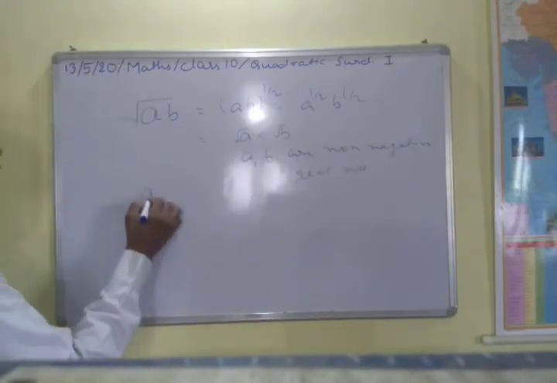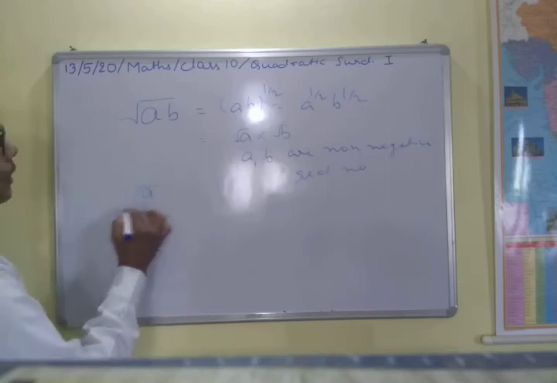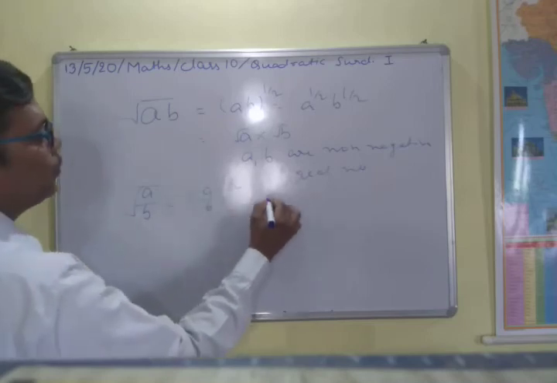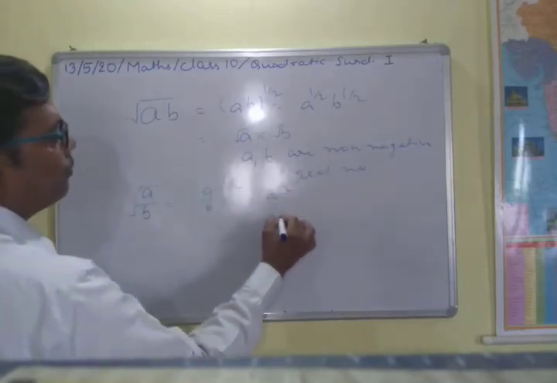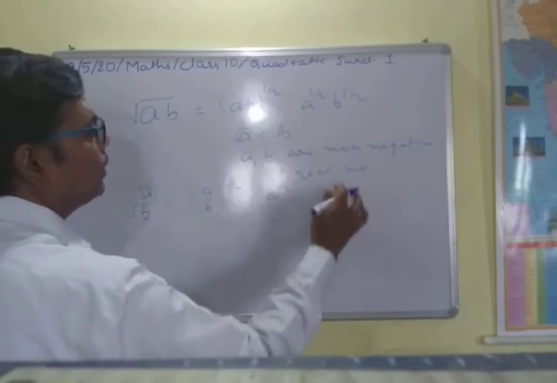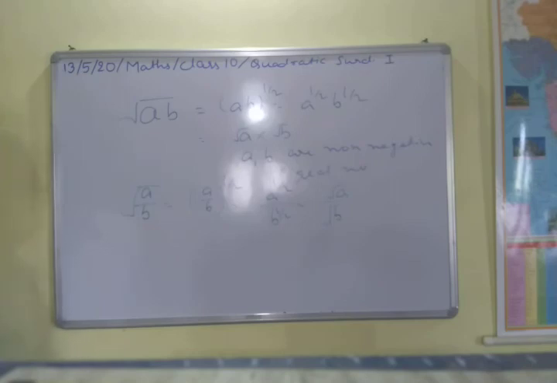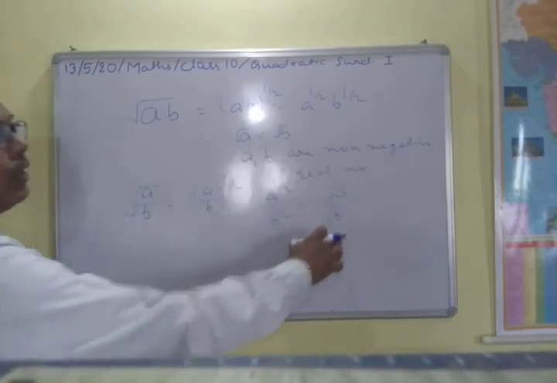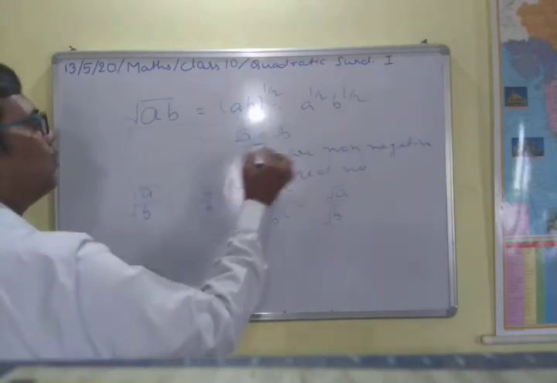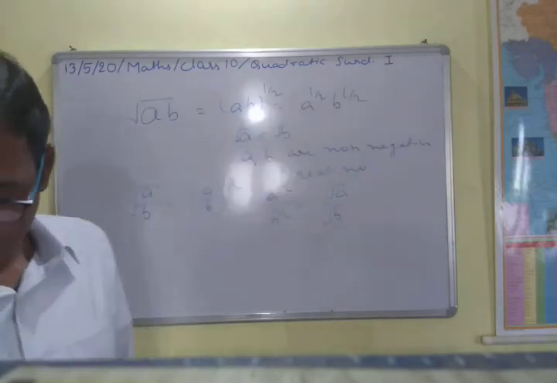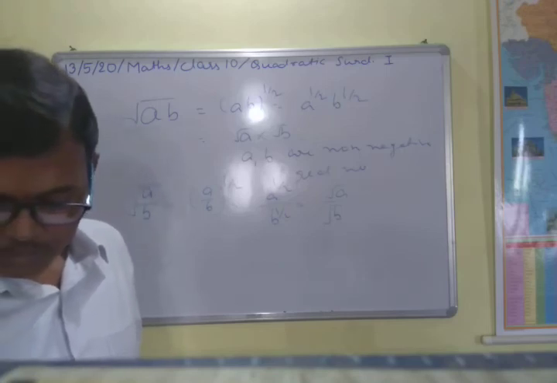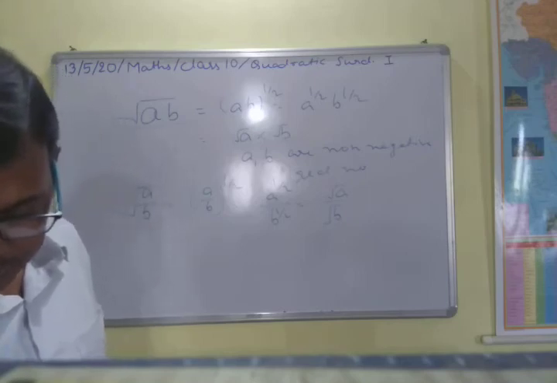Similarly, if you have A by B to the power like this, then it will be A by B to the power 1 by 2, equal to A to the power 1 by 2 and B to the power 1 by 2, equal to root A by root B. Again, A is a non-negative real number, and B is only a positive real number because it cannot be 0. So remember this. These two formulas will also be used when you solve questions. This is the basics of this fundamental, that is the first lesson.